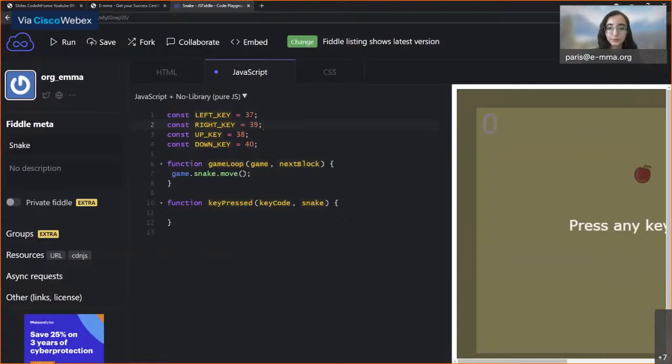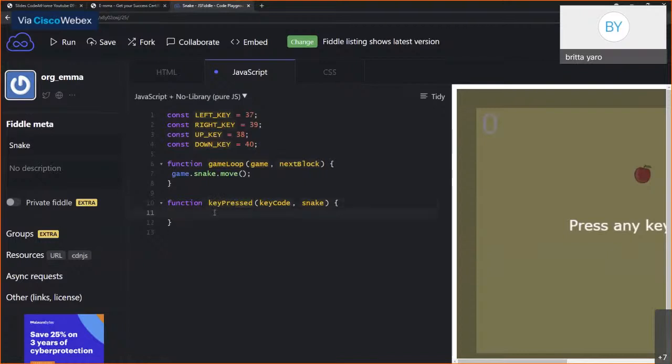Okay, so now we have our 4 keys, and we will see how we can use these 4 keys in our code. So there are 4 conditions to do an action related to each key. For example, if we press the up key, the snake moves in a direction, and if we press the down key, the snake moves in another direction. So to put these 4 conditions in our code, we will use the switch case method. For that, we will go to the key press function,